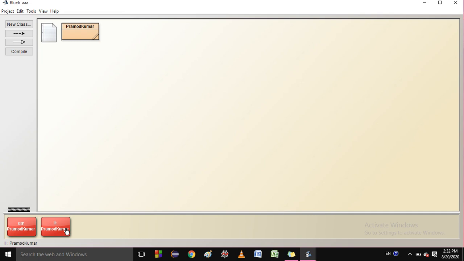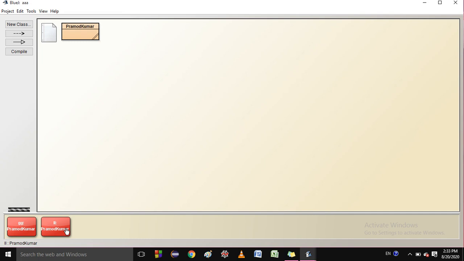Next, saving the object, opening an existing BlueJ project, printing the source code. I explained the main method. I also explained how your programs run with the main method. So students, after that I will discuss some questions with you that are in your book. The subjective questions are given, that is, answer the following questions in short.